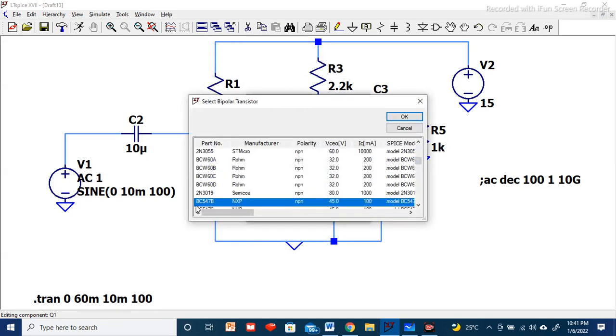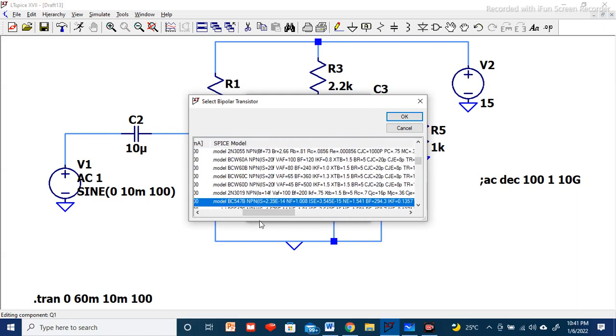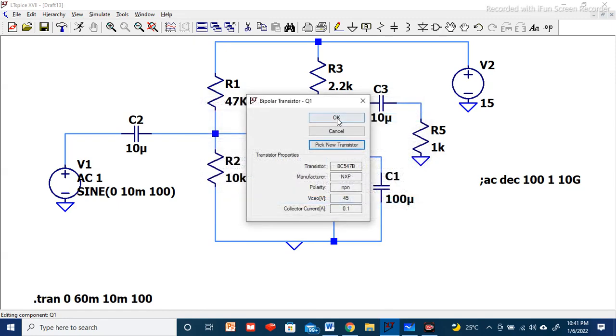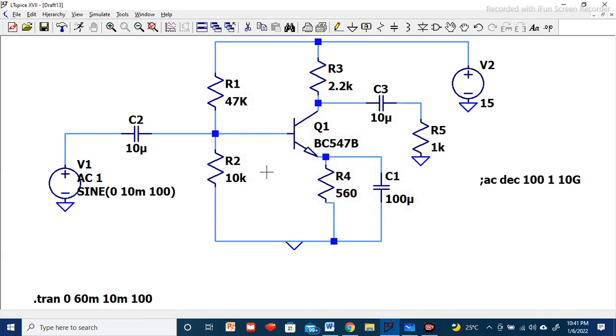Okay, and here you select BC547B, and for this, as I told you, you can see the beta value is approximately 294.3. I have taken 294 for this transistor. In my calculation, as I told, I have calculated the IB value and IC value based on beta of 294. So here I have already defined all these things. You can just select here and you can define the value of 15 volt. Same way for R1, all these values you can select.